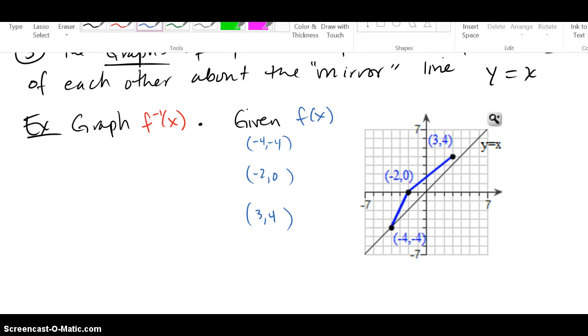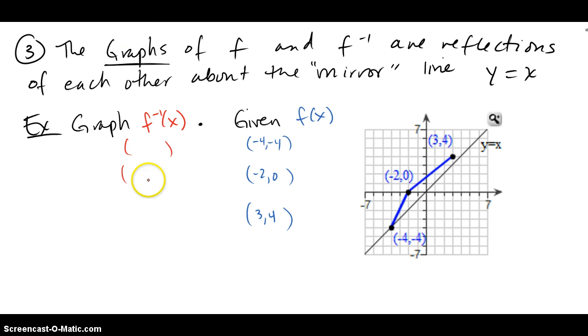Remember, the inverse function, all it does is switch their order, because it takes the -2 going to 0, and it takes the 0 and lands it back at -2, for example. So to get the inverse ordered pairs, all I have to do is switch these, switch the domain and the range. So these are just a few reference points. You can pick more ordered pairs if you want, but those are the ones they've labeled. So I took the original function f ordered pairs, I reversed them to get ordered pairs for my inverse function,